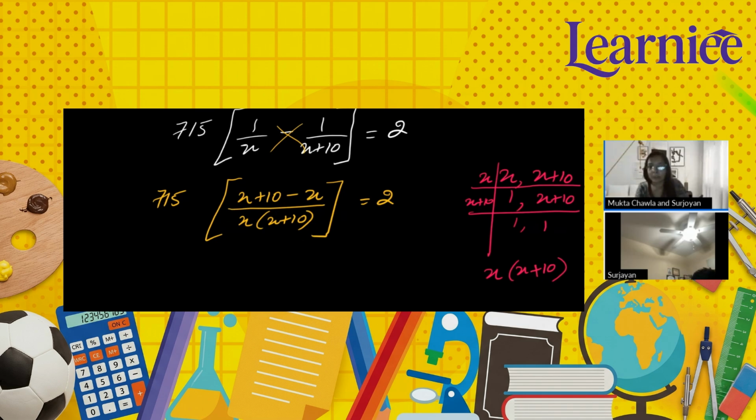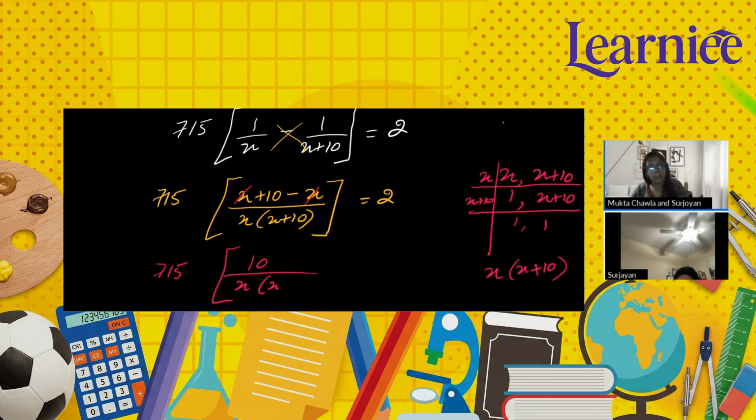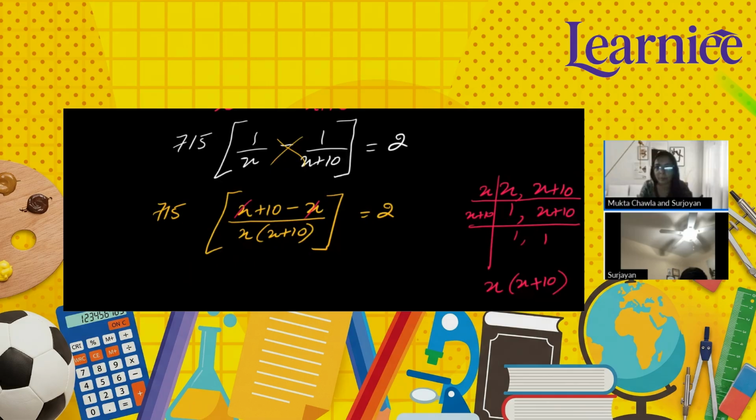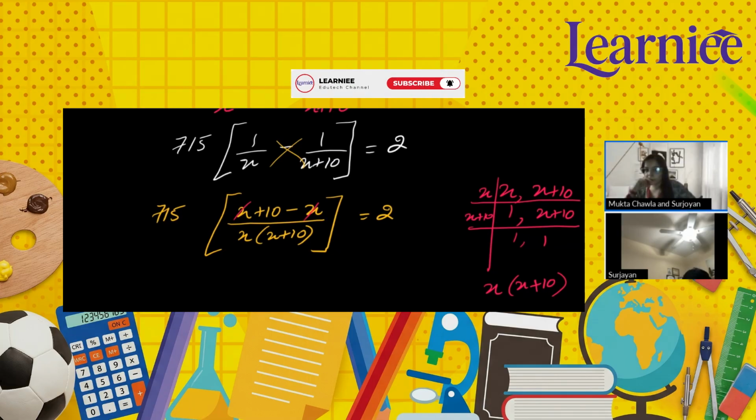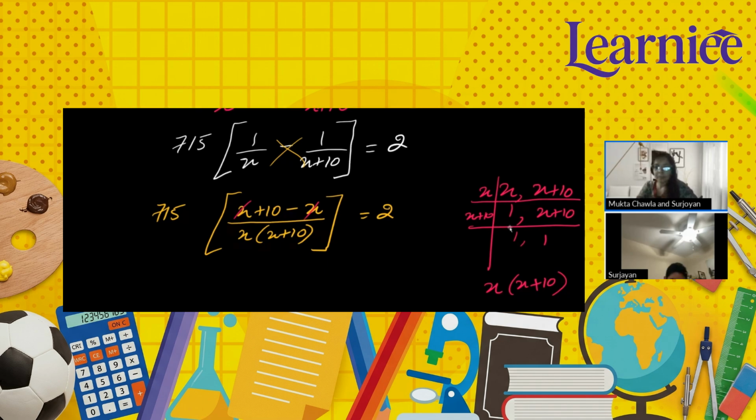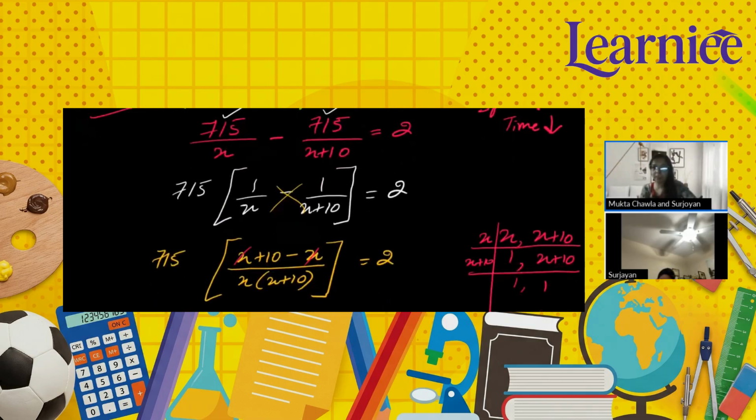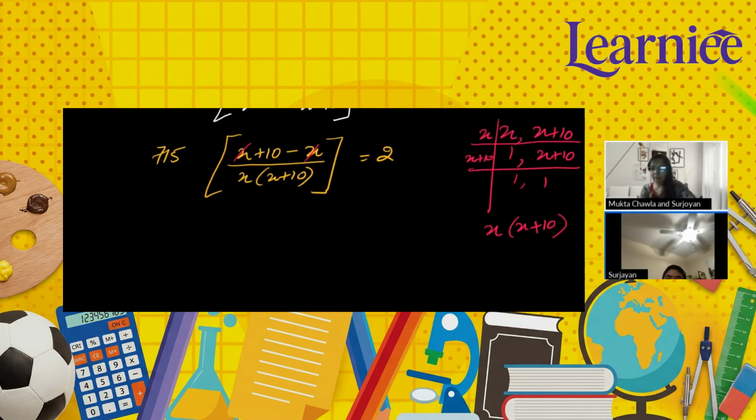Good. Very good. Now we will cancel the values, right? See, I'm canceling x with x. So what I got is 715 into 10 over x into x plus 10. Can I have the steps down? Should I scroll up? You can stop me wherever you are writing from, right? Do you want me to scroll up or down? Or should I stop here only? Just stop here only, it's fine. Okay, I'm done. Have you understood this much? If you still have any doubt in any step, you can ask, then I'll start with the next step. No, it's fine. Okay.